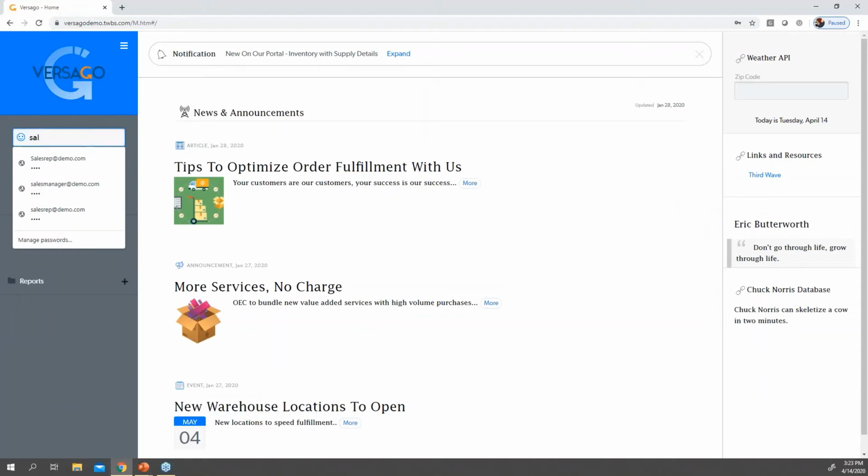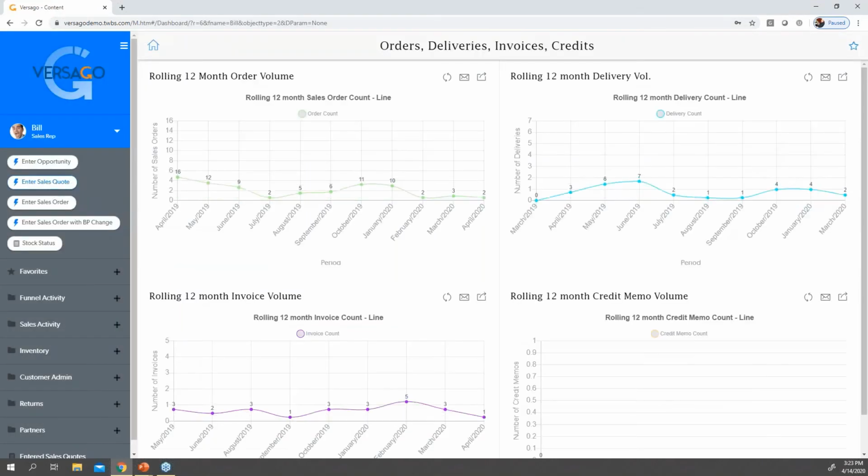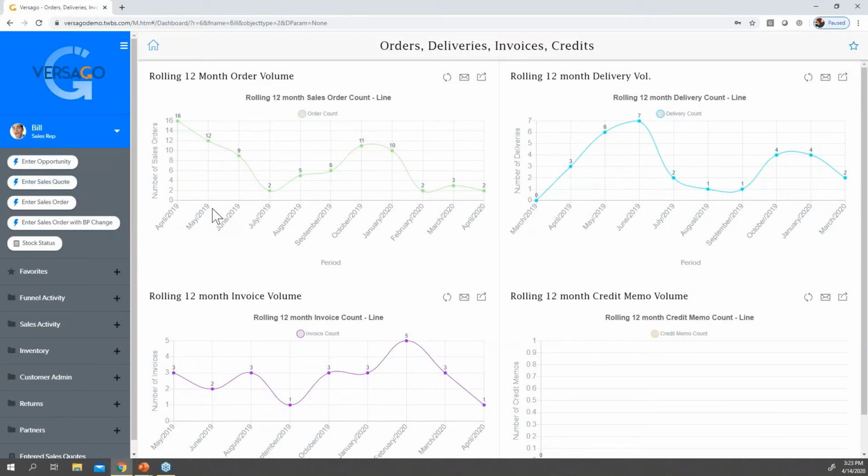Next, I'm going to show you a sales employee. So this is a sales rep. Sales rep, kind of similar to a customer where they're going to be entering information in, but here's the sales rep's KPI, so they can see what's going on. They can see the trending in their particular piece of the business.